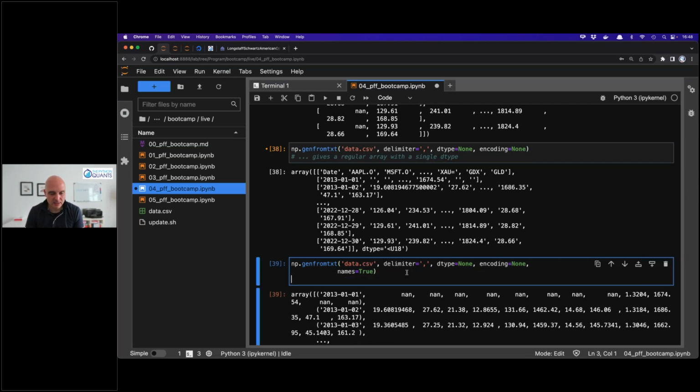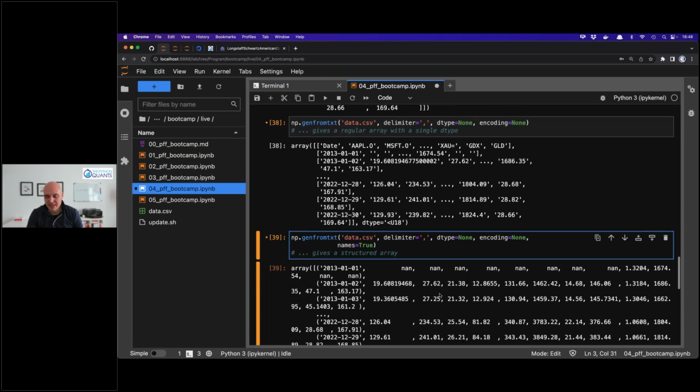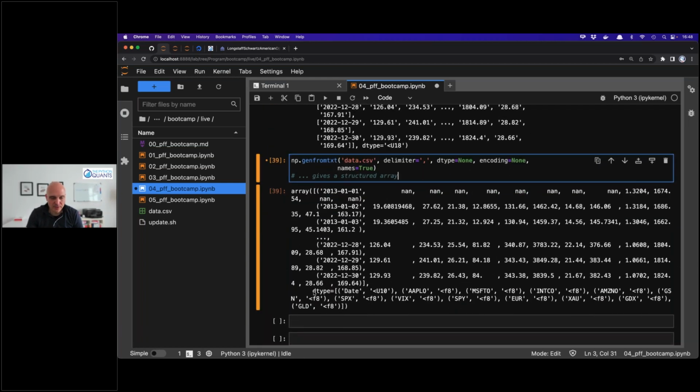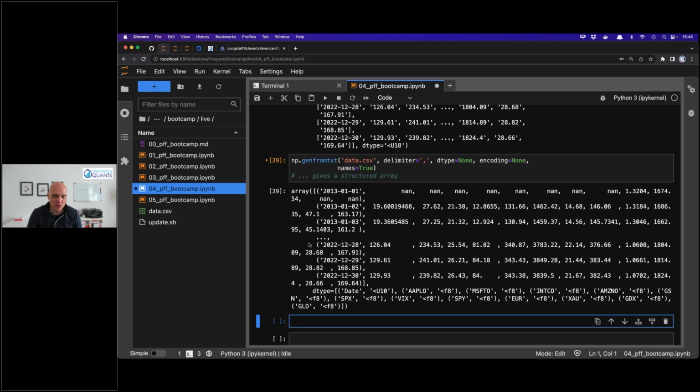This here now gives a structured array, or ndarray object, we would like to write it out. Right? The different D types. Here we have the date, right? Still as strings, and we have Apple, Microsoft, and these obviously are all floating point numbers. So in that context, I could already work with